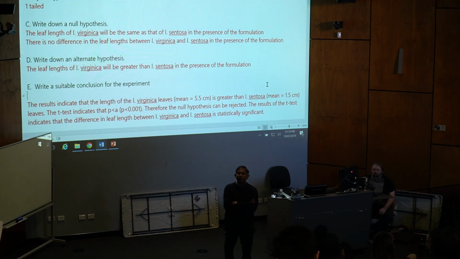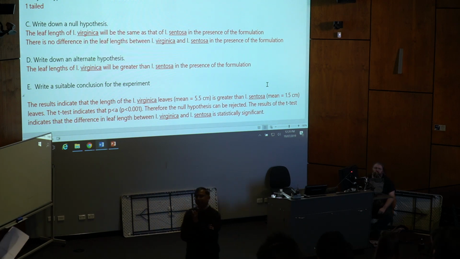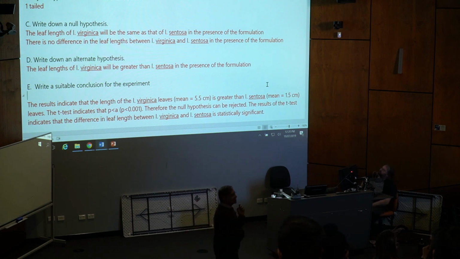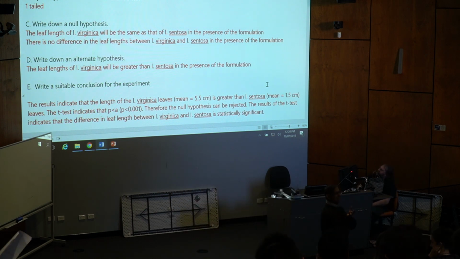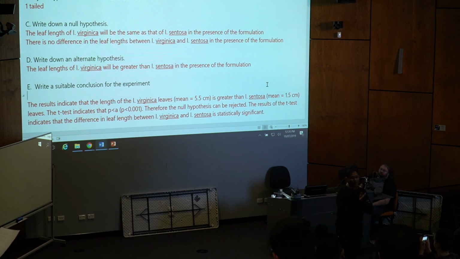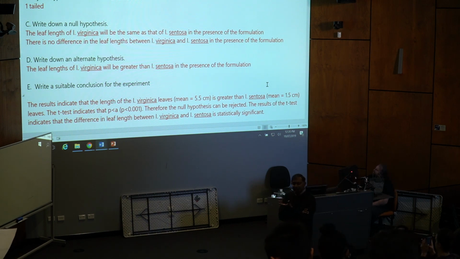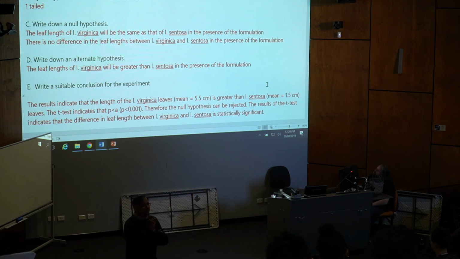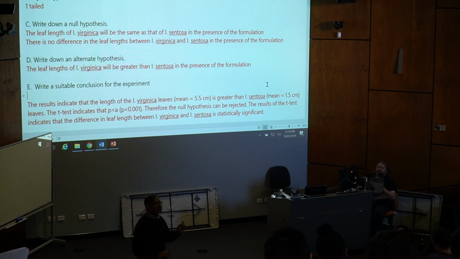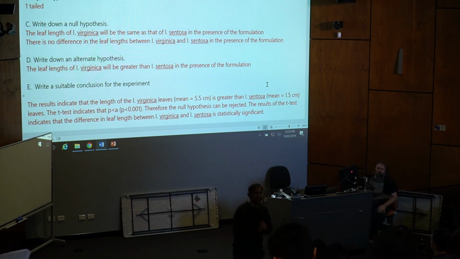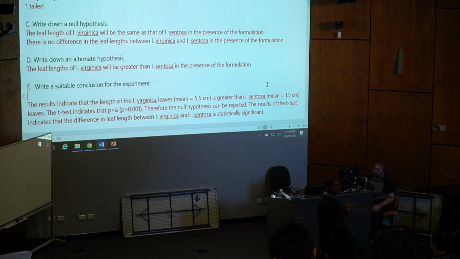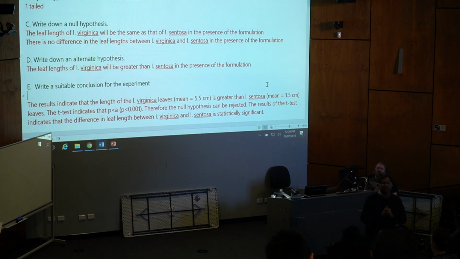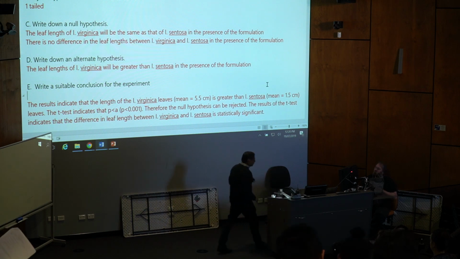Okay, so now we come in with the last part of your justification. So we are saying that the t-test indicates that because p is less than alpha, we're going to reject the null hypothesis. And in other words, that the scientific hypothesis is statistically significant. Or, going back to the wordings of our scientific hypothesis, that the difference in leaf lengths is statistically significant. Therefore,